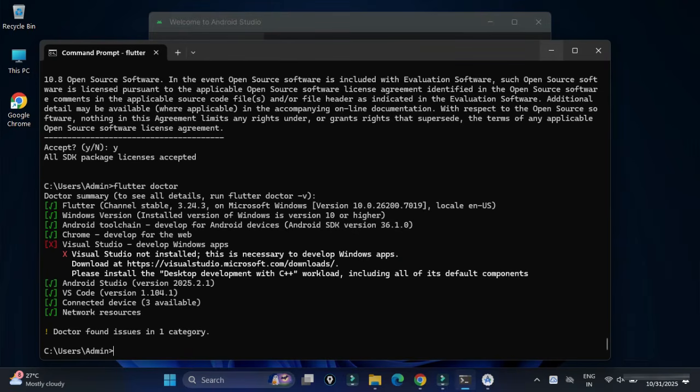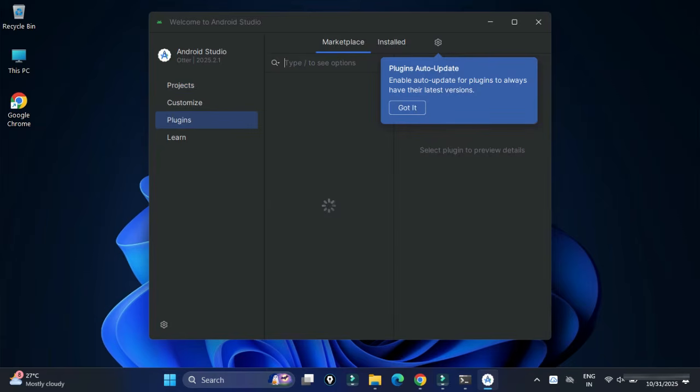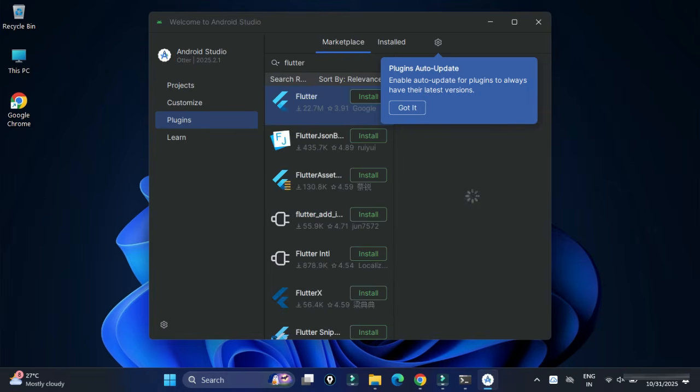Okay, so let's go to Android Studio, and guys, here you can see I don't have any command for creating a Flutter project, right? So for that, we need to install a plugin. You can see here we have the buttons New Project, Open, Get from VCS, but we don't have a button for Flutter project. So we will be installing a plugin. So from this tab, you can click on Plugins. Okay, so just click on this, and guys, here you can search in the Marketplace for Flutter, and you can see I don't have Flutter installed. So just click on this Install button, right?